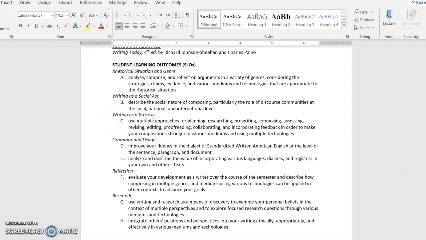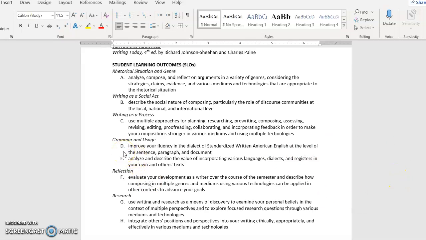A lot of the best writers I know don't even, excuse me, I have a little bit of a cold, but a lot of the best writers I know don't even write the beginning of their paper when they first start writing. They'll start in the middle and then work back to the beginning, and then they'll go from the middle to the end. They do all kinds of strange things when they're producing work that works for them as a process. And that's the whole idea, is that it's a process. It's not a straight line. And it involves a lot of stuff that happens in your head. It involves a lot of stuff that happens in drafting. It involves a lot more than just sitting down and physically putting down words on a paper.